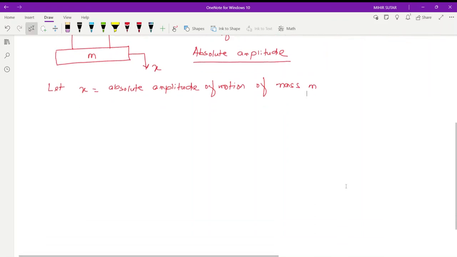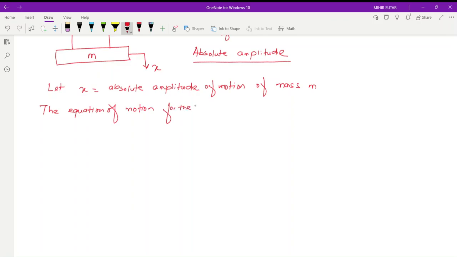Now the equation of motion for the system may be written as